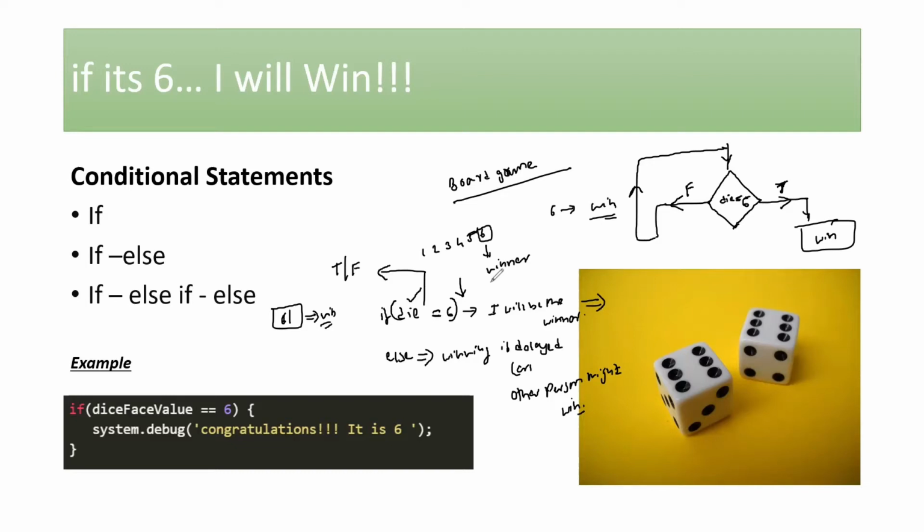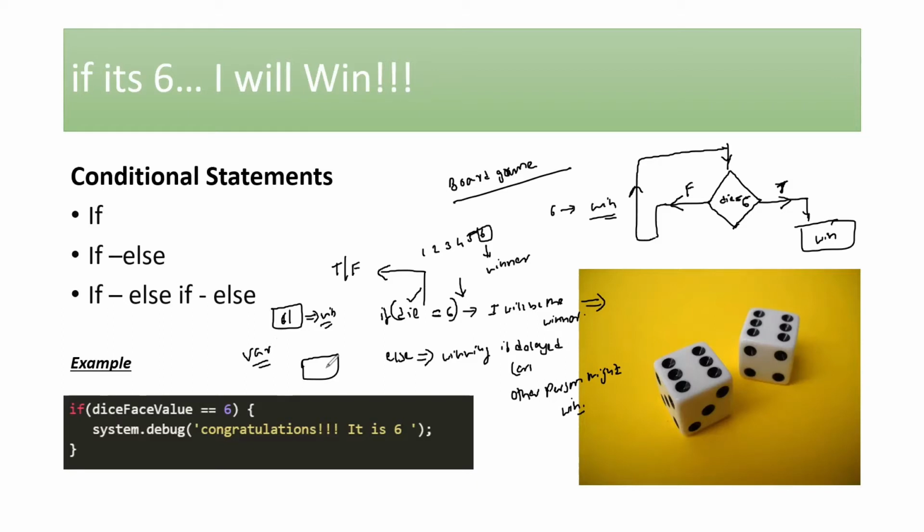Let's see how we can put this condition that we have in the flowchart in the form of our Apex code, and then we'll understand how we can put this condition in our anonymous window, execute it and see the output. Now, the condition that we have is the die value should be 6. So what I have done here is the die value is a variable. Again, we are going to the concept of variable. Why? Because I do not know what would be the value that I'll be getting. A person would be rolling that die, and then upon seeing the result, this value would be decided.